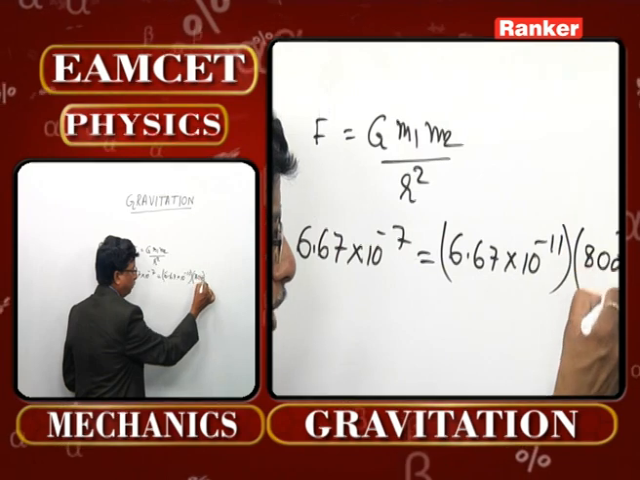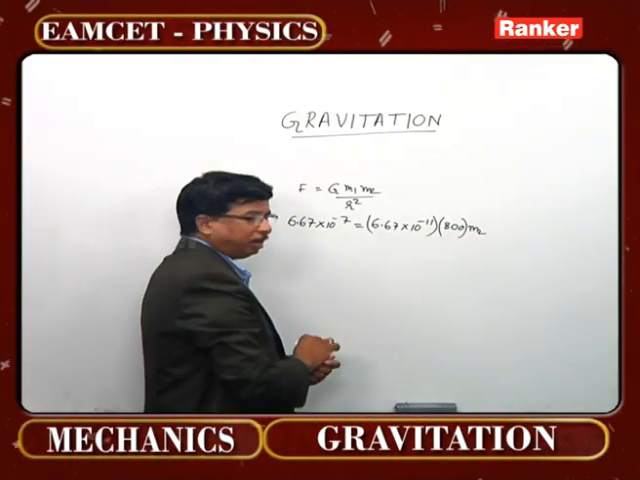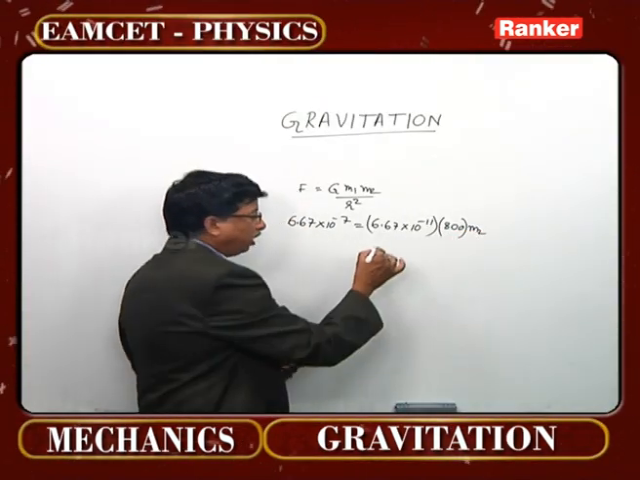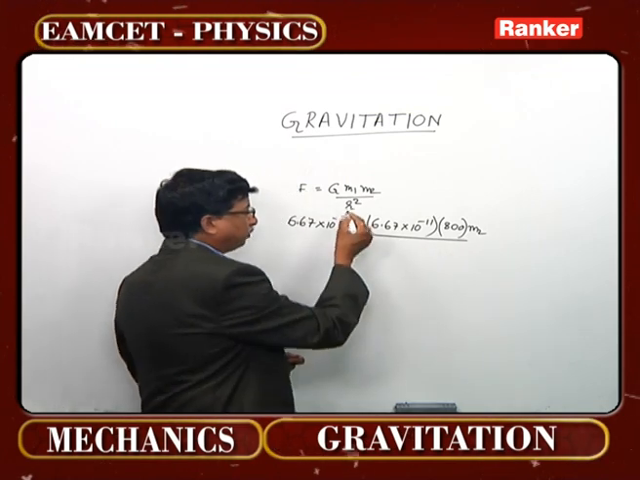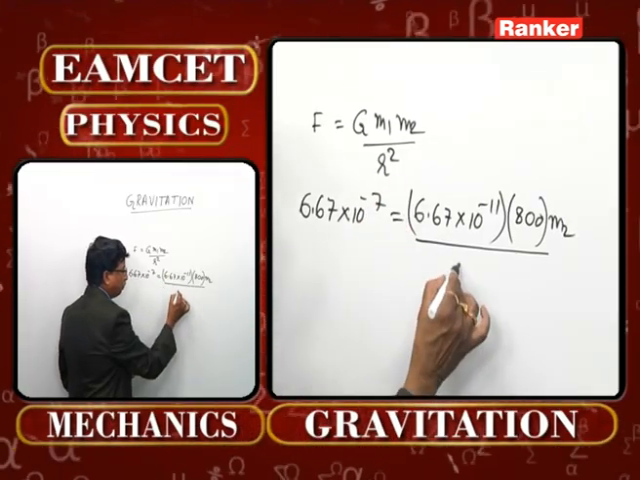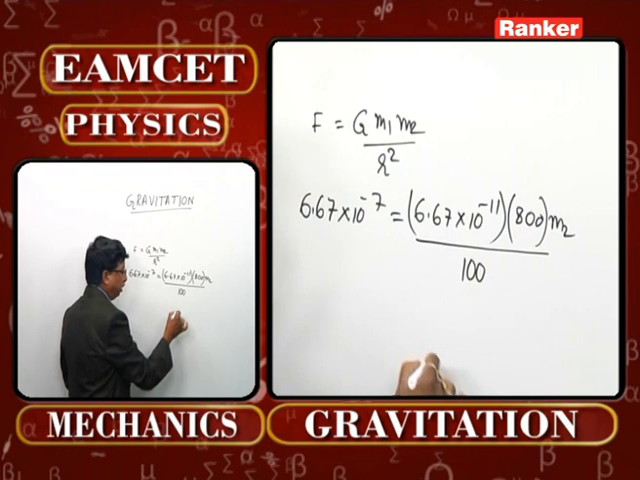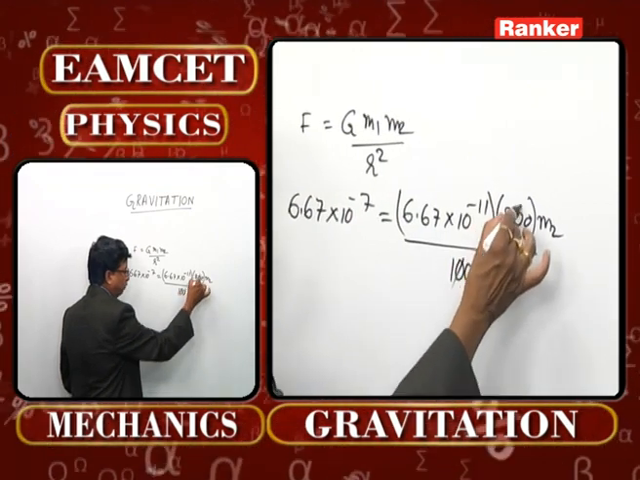The second mass is to be calculated. I write that one as M2. What is the distance of separation? That is given 10 meter here. 10 square now becomes 100. So, if you just cut these two zeros,